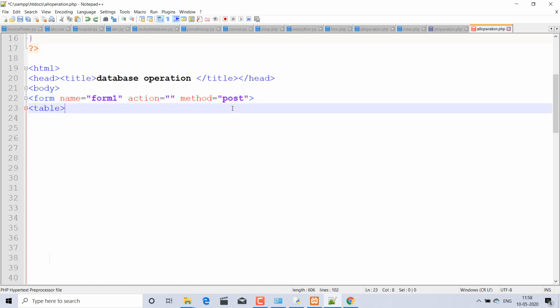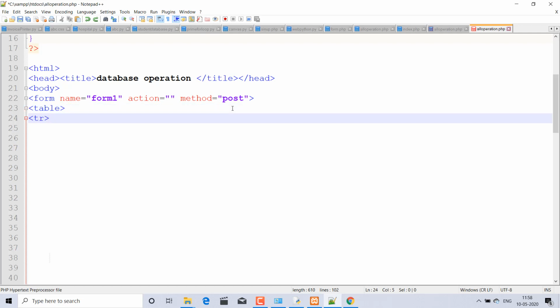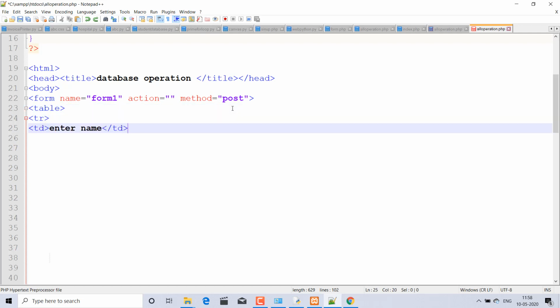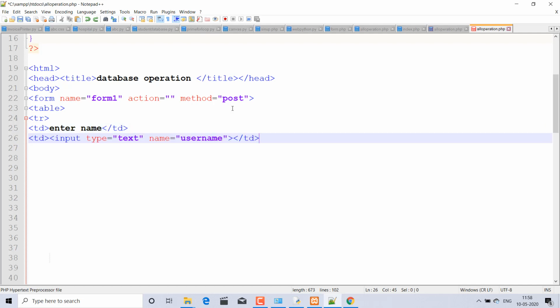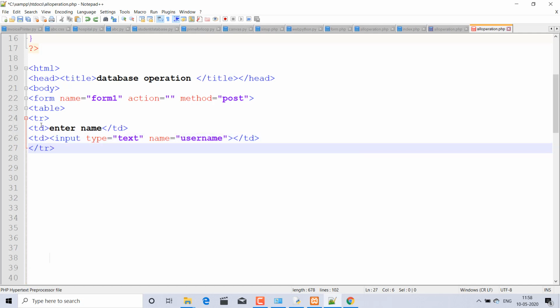And the method is post, and here the table is starting, and tr stands for table row, and inside it table data, that is enter the name, and here the input tag with text name, because my username will show in a tabulated form. Okay, and this tr is closed.